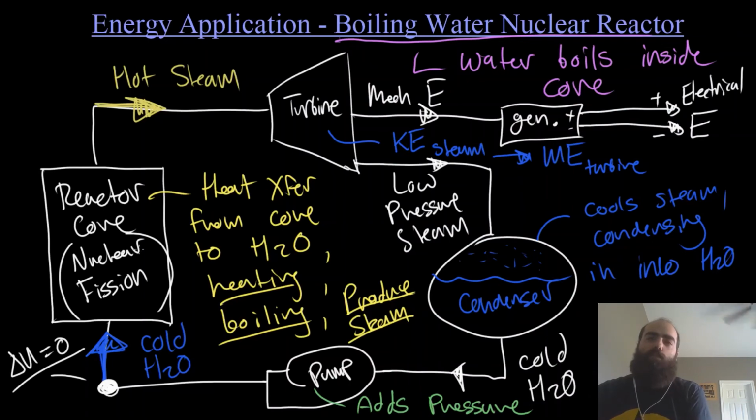The only difference between a nuclear power plant and a coal or gas plant is the source of the heat. I could cover this reactor core up and put in a coal generator or a natural gas generator, and this picture would look exactly the same for a coal or gas plant. The only difference is that your heat source is from nuclear reactions versus the chemical reactions of combusting your coal or